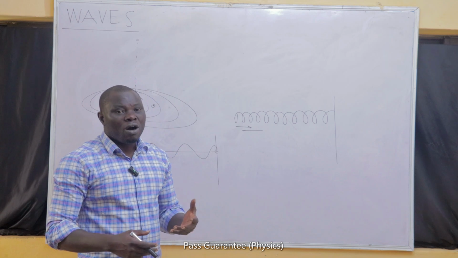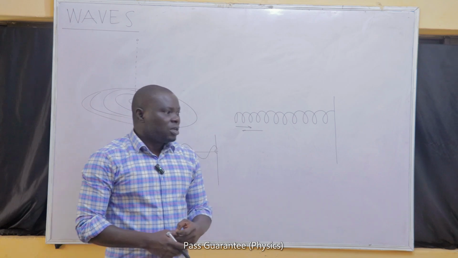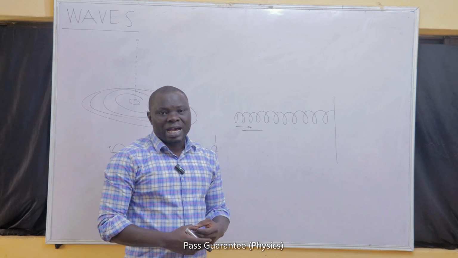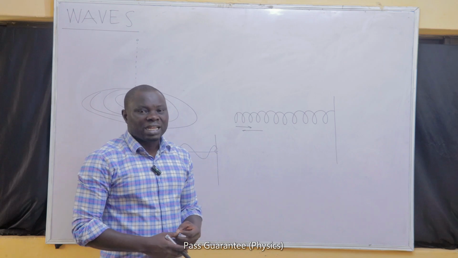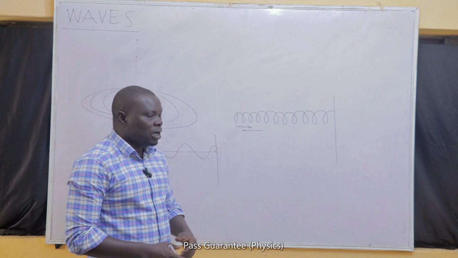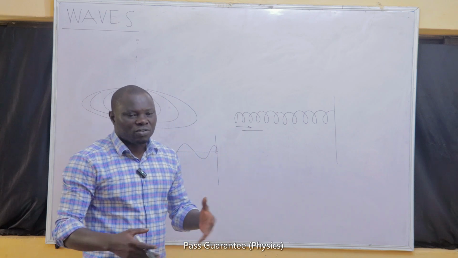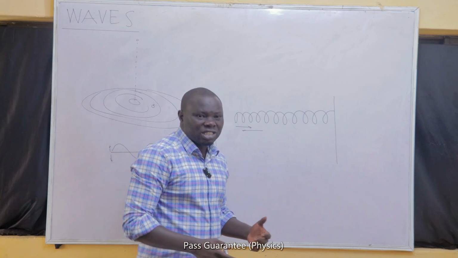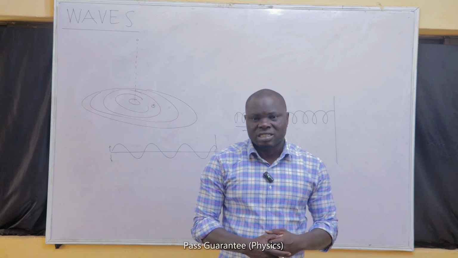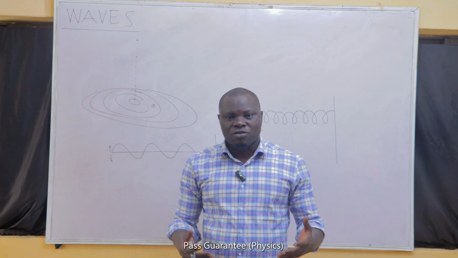There are even more common examples. For example, light is regarded as a form of wave too. Only that light is not like every other one. We are going to see that when we start to classify waves. So there are so many examples of wave. Light, infrared radiations, X-rays, gamma rays are all examples of wave.